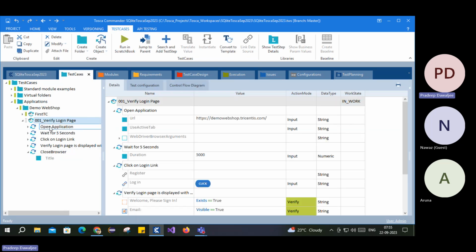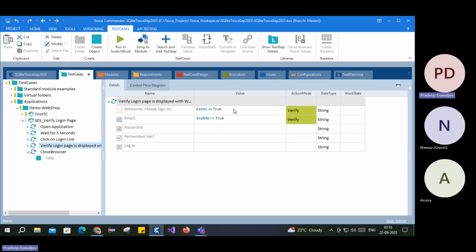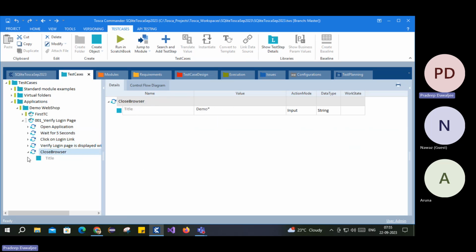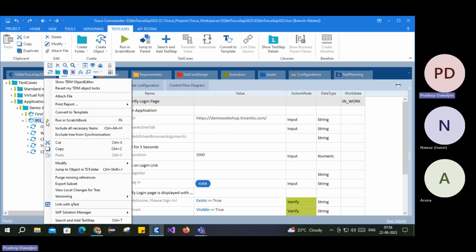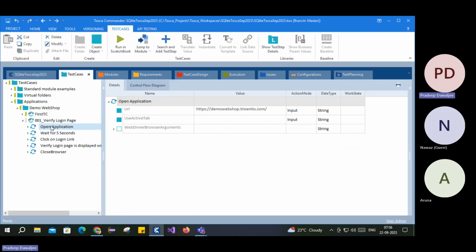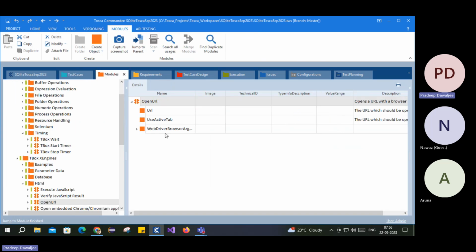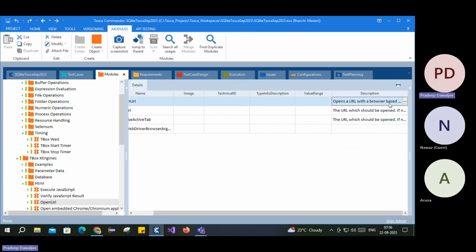Now, if you see our steps, open application, launch this, verify this part and close. This is our first test case, verifying the login page. Now, how to execute? As I said, just right click on the test case, run, and then it should execute. But here, the first step is open application, and we are opening a browser. Now, what browser are we opening? When you use this open URL module, it would open a browser,